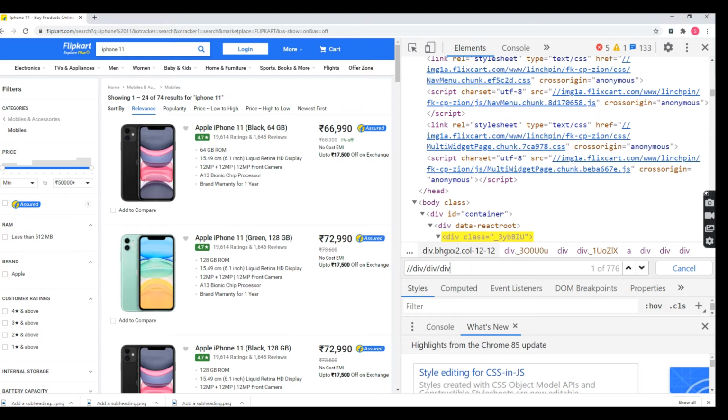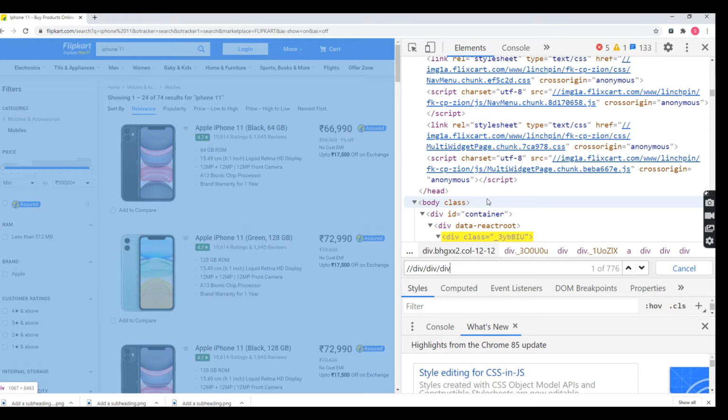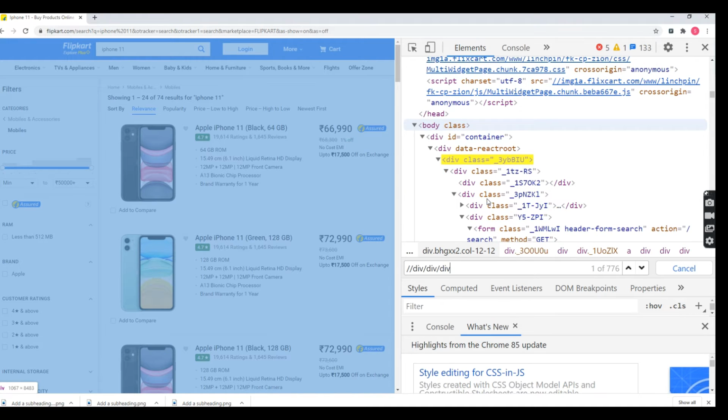What happens if I take a root XPath? Obviously it will fail, because a root tag means it has to search ancestor, parent, child, grandchild, like that. It will definitely take more time. While you are executing the application in Selenium, the script is going to fail. It will take more time for finding the specific element. For that reason, we use XPath axes.